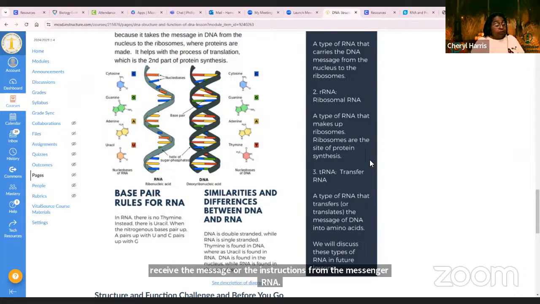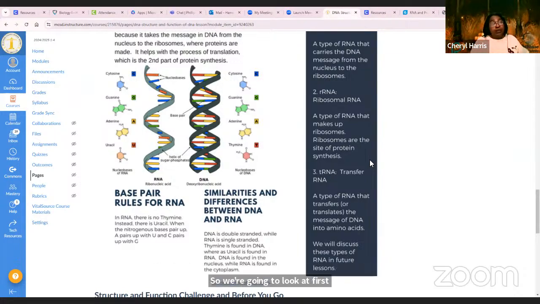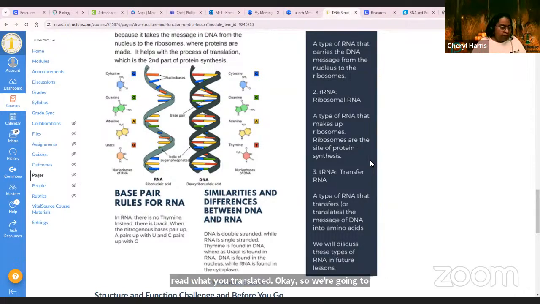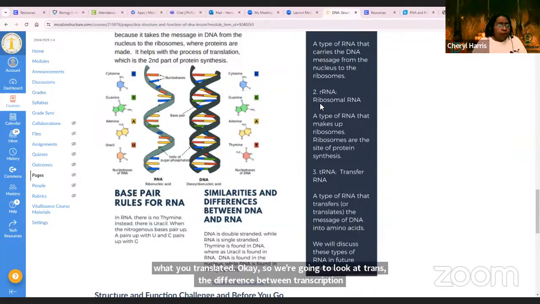So we're going to look at first translation and transcription. Those are going to be our 2 vocabulary words today, because first you have to translate and then you have to read what you translated. Okay, so we're going to look at the difference between transcription and transcribing. All right, so again,